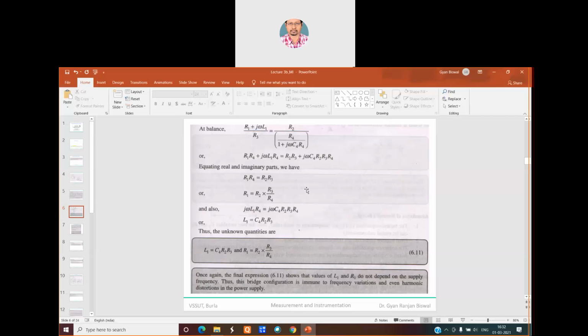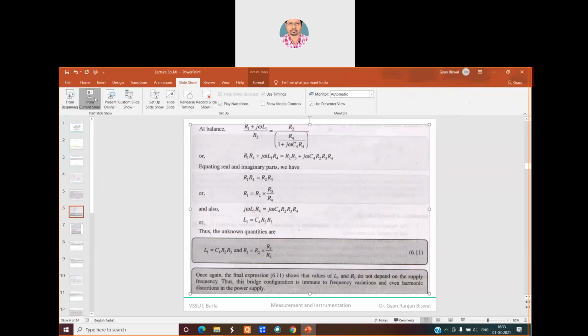That is a very positive point. So accuracy of measurement will be good, and also because it doesn't depend on the supply frequency, it's easy to understand that your measurement will also be free from even harmonic distortions as far as the power supply is concerned. Clear? So in this scenario,